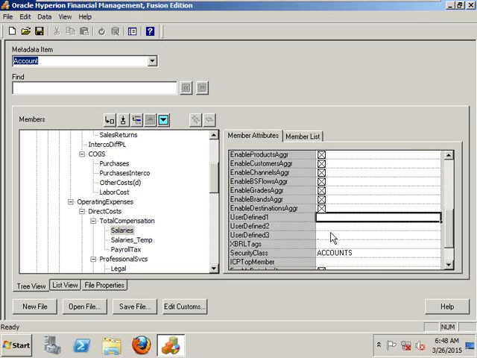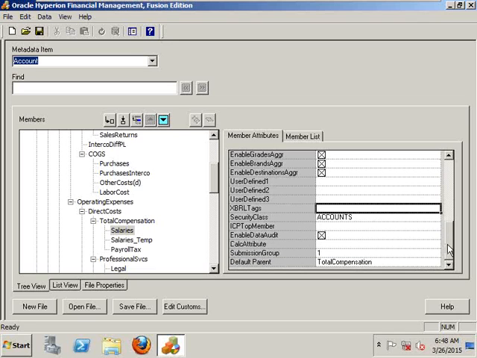And user defined 1, 2, 3, as I said yesterday, are available across the dimensions. XBRL tags, extended business reporting language, will be used to track the accounts, but as of now we are not using it anywhere, so no need to worry about it. It's just a reporting language tag used for financial statements.